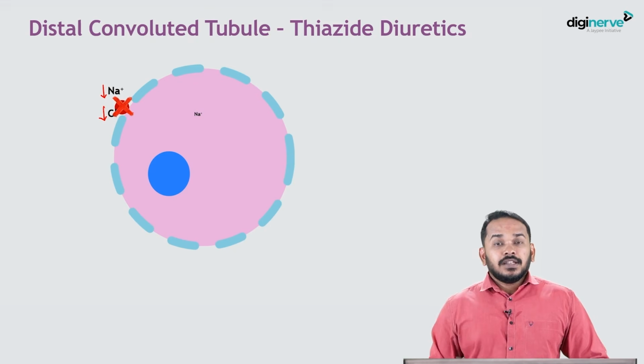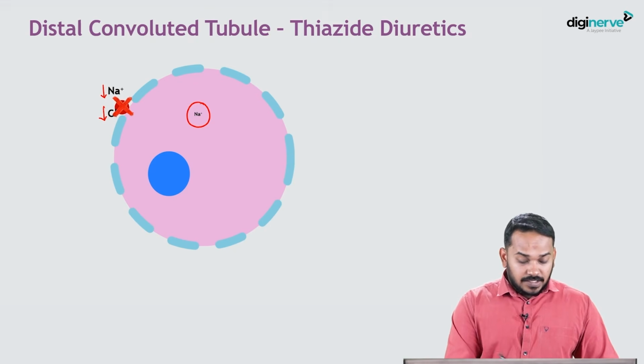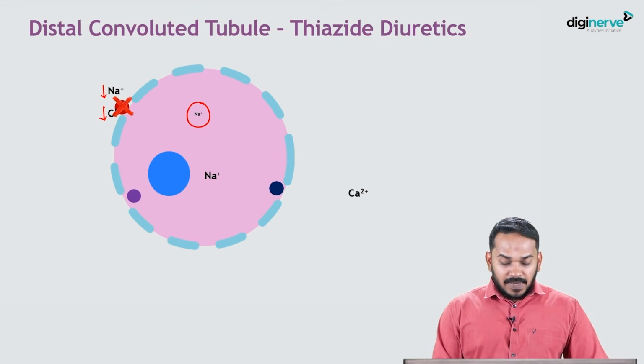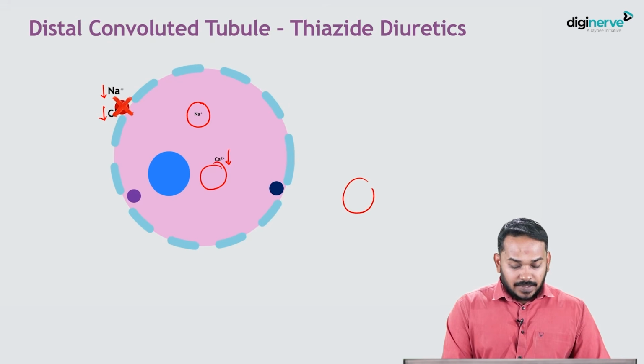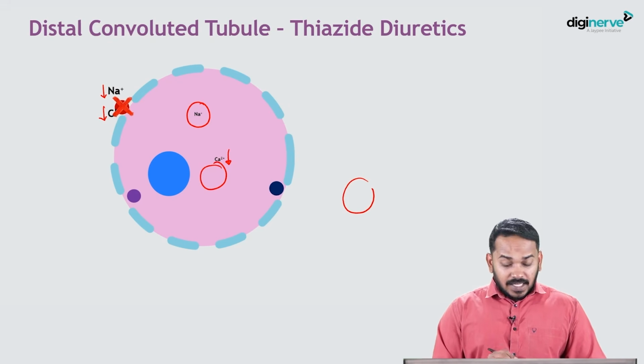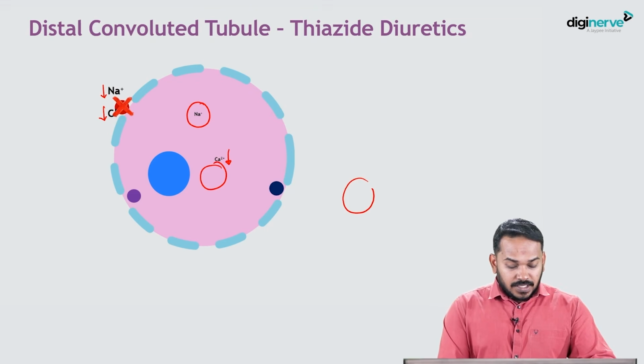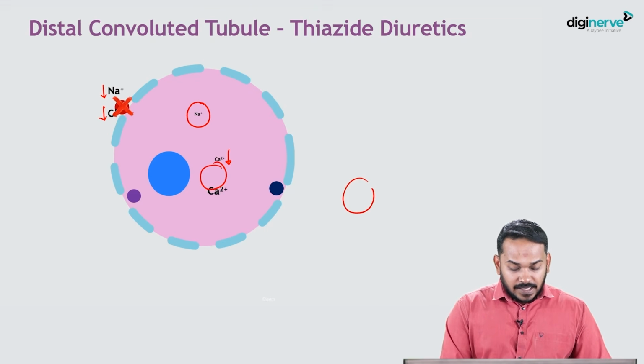So this will result in reduced levels of intracellular sodium. So when intracellular sodium is reduced, more calcium will be exchanged for sodium. So this will result in reduced levels of intracellular calcium. So when the intracellular calcium is reduced, this will result in increased reabsorption of